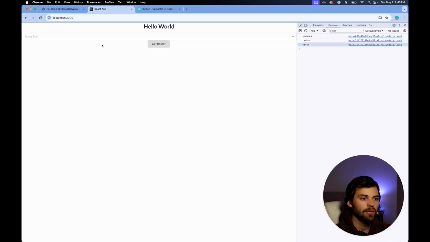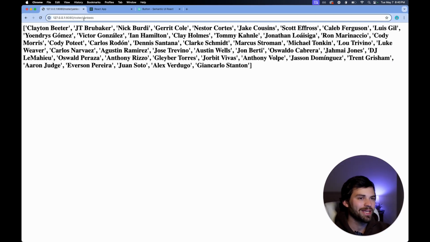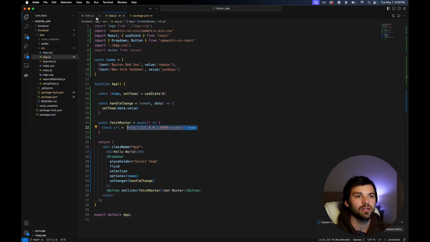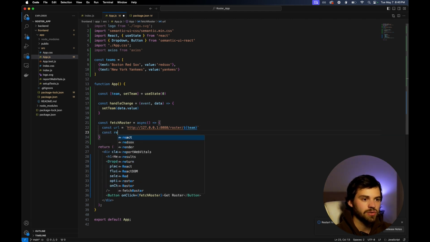But what is this URL? Well, if you remember from our backend API, we passed this Yankees or Red Sox, and then you can see we get the roster. And that's what we want, but we want that returned not from a Python script, but in our UI. So now what we need to do is we're going to say const response equals await